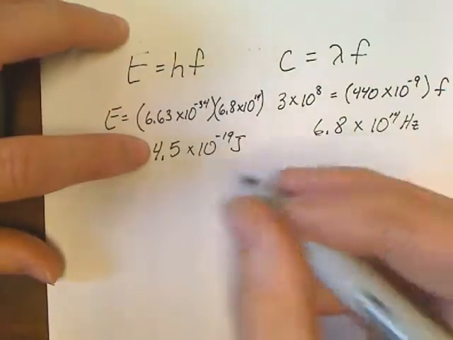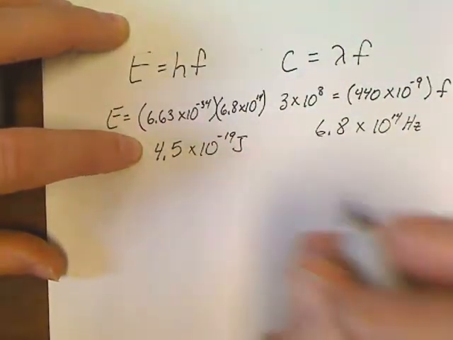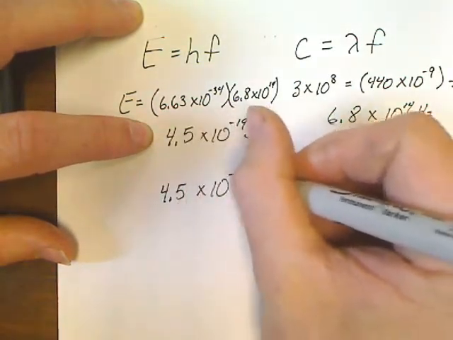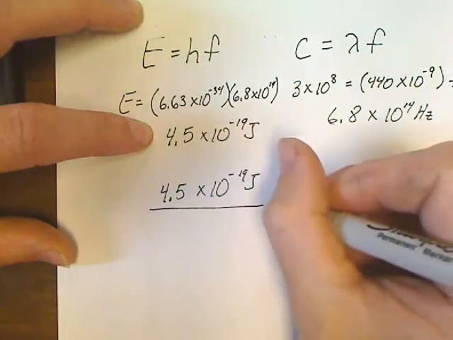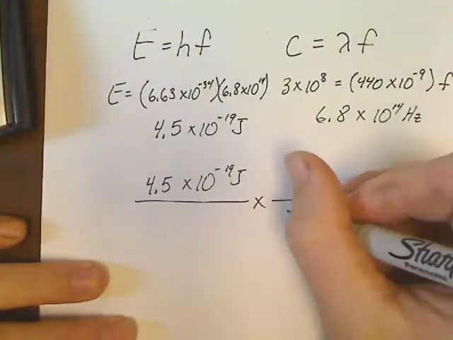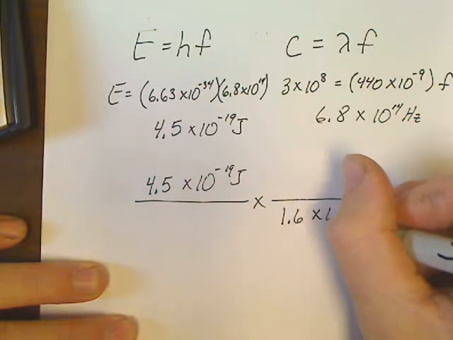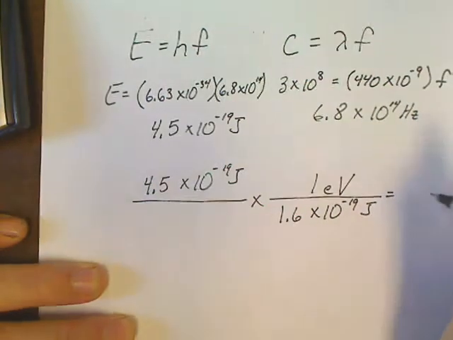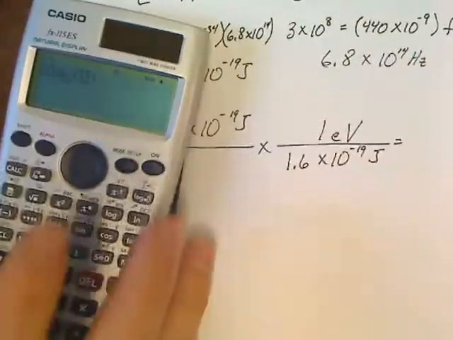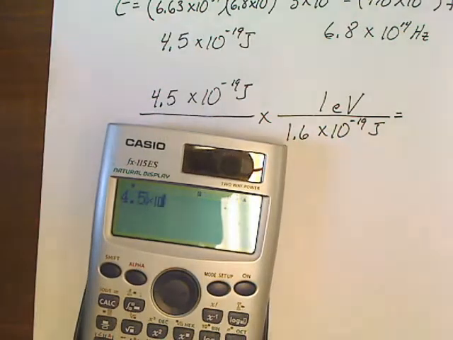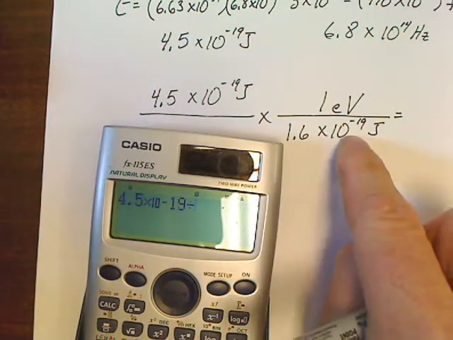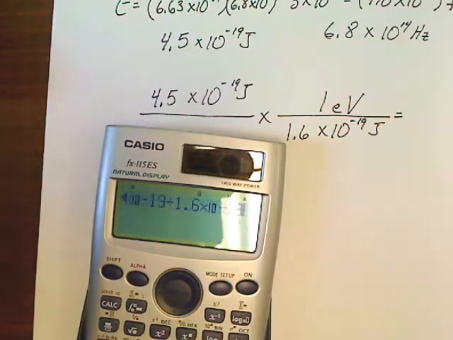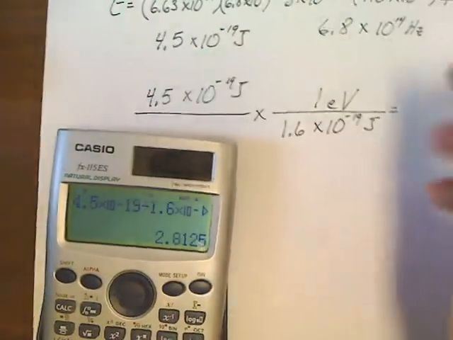So let's take this, and now let's do one more conversion. I want to convert that to eVs. 4.5 times 10 to the negative 19 joules. Draw my line, put my x. The conversion factor: there's 1.6 times 10 to the negative 19 joules for every 1 electron volt. So let's do a little conversion. 4.5 times 10 to the negative 19. I don't know why I'm putting in 10 to the negative 19, they just cancel out. Divide by 1.6 times 10 to the negative 19. The answer is 2.8